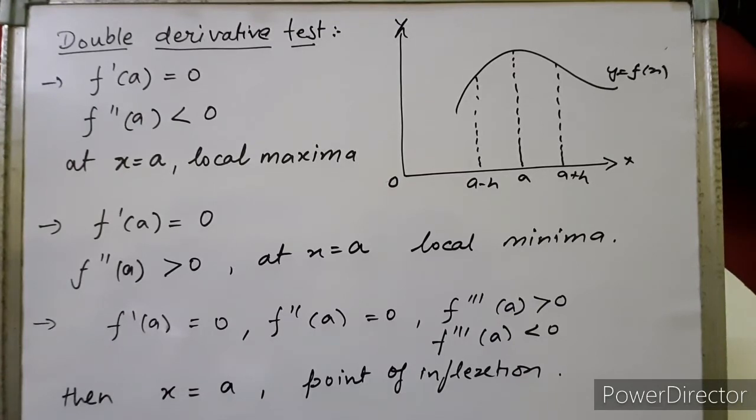And there is one more case that arises. Suppose we get the first derivative 0, and again we differentiate and put x equals a, and we get the second derivative also 0. Whenever we get even derivatives 0 and the odd derivative, f triple dash x or the fifth derivative, is greater than or less than 0, then at x equals a we will have a point of inflection. That means there will not be a maximum or minimum value existing, right? Neither maximum nor minimum if the even derivative is 0 and the odd derivative is not 0, either positive or negative, right children? Understood this double derivative test? Note down this please.